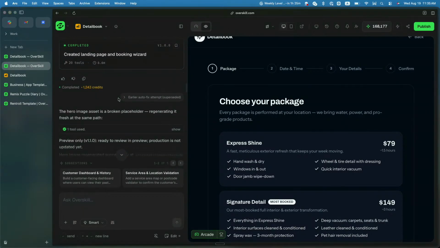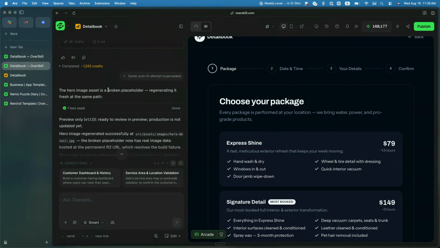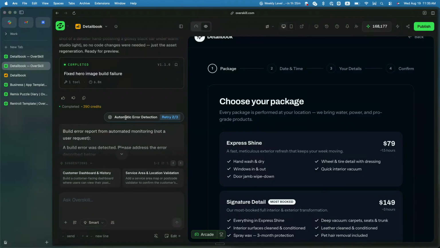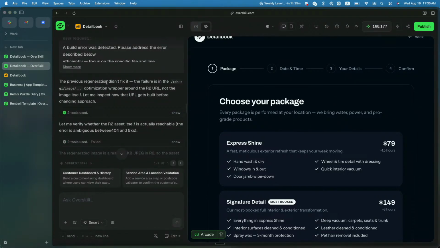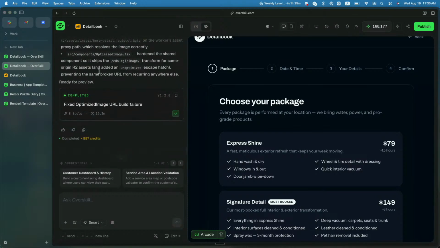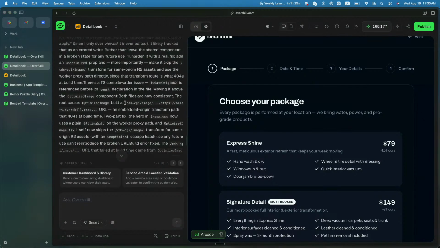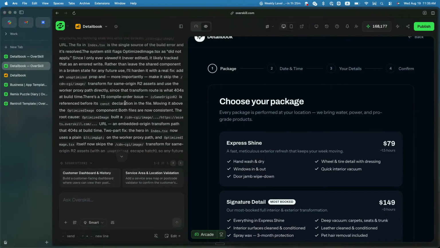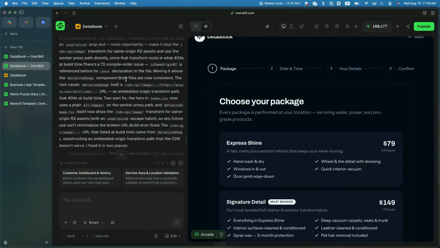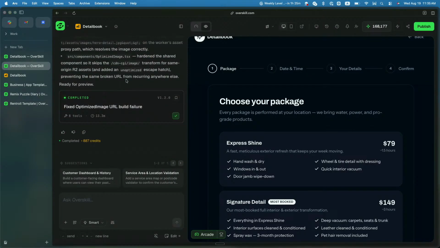But as I came back, it actually detected errors before I even saw the errors, and it started shipping and fixing all of that. Oh yeah, automatic error detection, got to fix that. So the build error was detected, and it went through and fixed all of that for me. Even without me having to do anything, it automatically detected errors and built all of that out. And so here is one prompt already done,